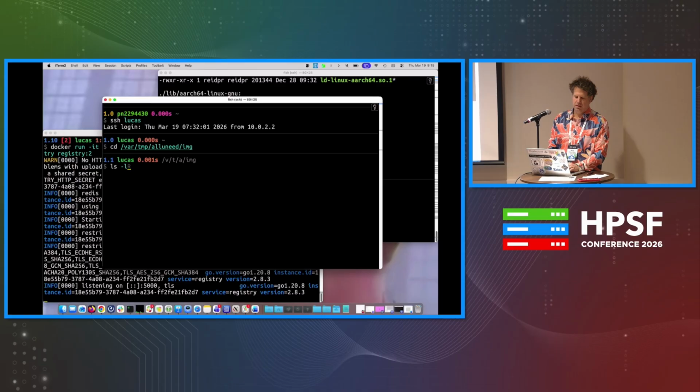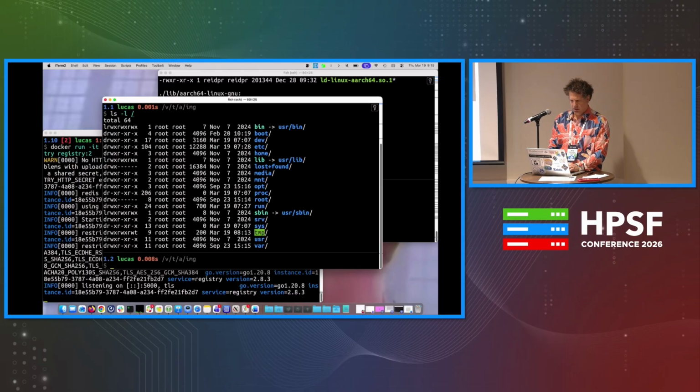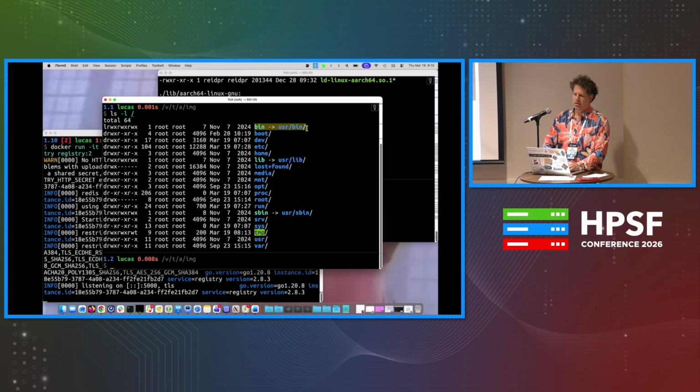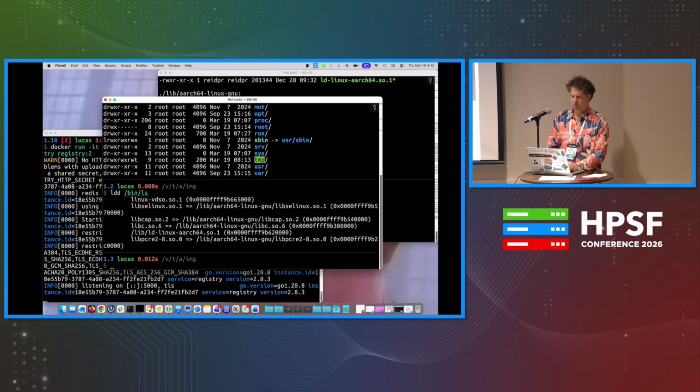So if we do ls -l, bin is just symlinked to usr/bin now on most Linuxes, but that means I can stop typing usr/bin. All right, so if we do ldd of /bin/ls, we've got some shared libraries for that too. And this is probably GNU ls,